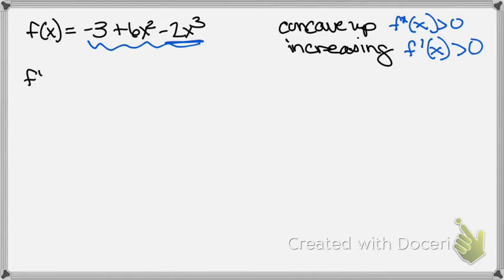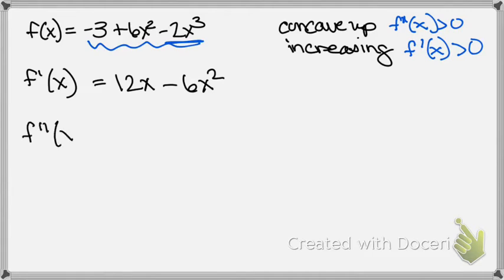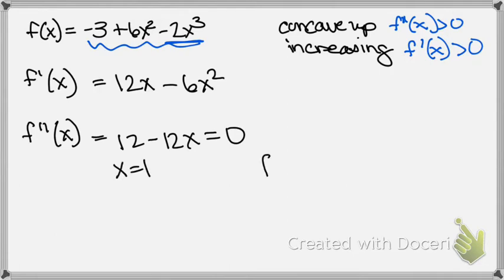So first derivative would be 12x minus 6x squared. Second derivative would be 12 minus 12x. It's usually easier to start with the second derivative. Solving that and doing a second derivative sign chart, we get that x is 1. So my second derivative sign chart,